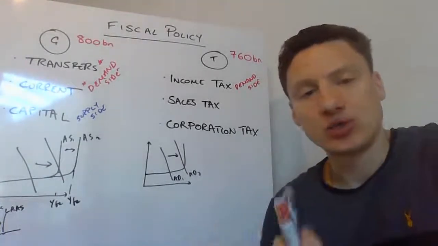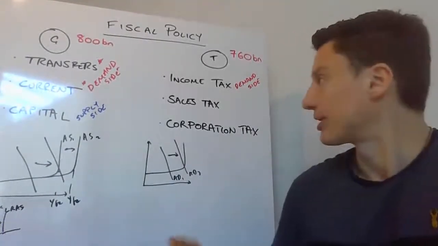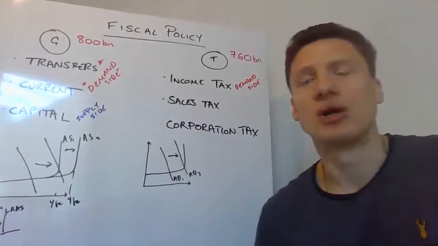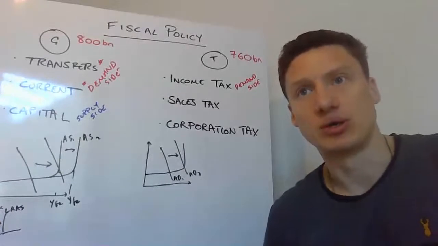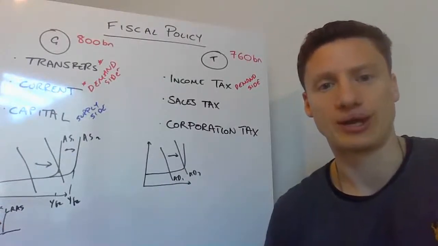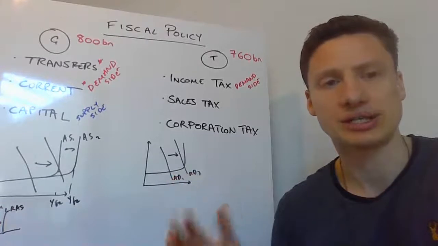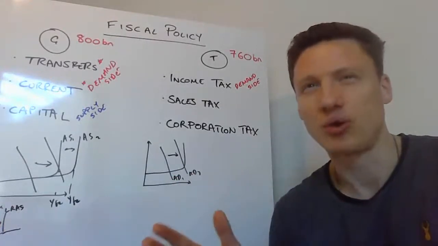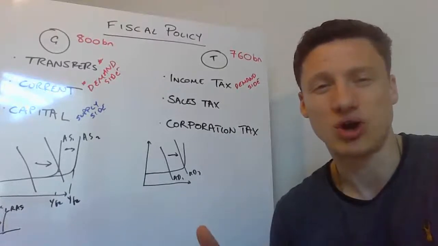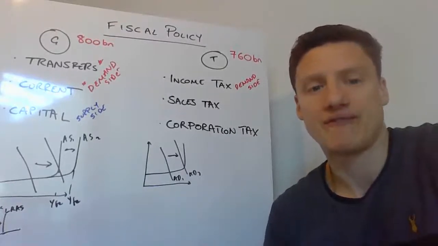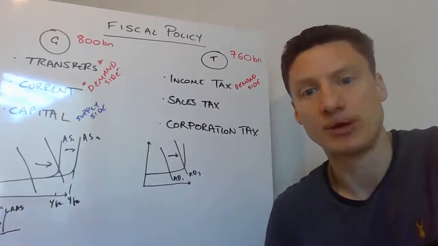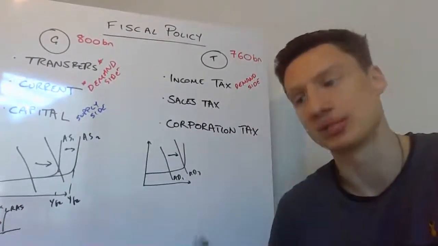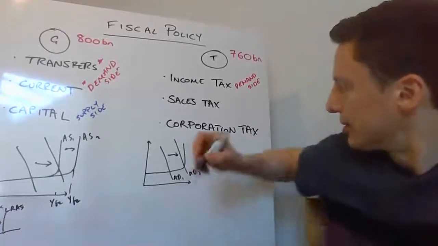But it's also an incentive to work, all right, if you're reducing income tax. The logic goes that people who are sat on the sofa, unwilling to work, will now look at the fall in income tax and decide, well, actually, it's more rational that I work. The benefits are larger than the costs. I should go out and seek employment because I'm getting more money from working than I would do sat on the sofa claiming job seekers allowance or whatever it might be.